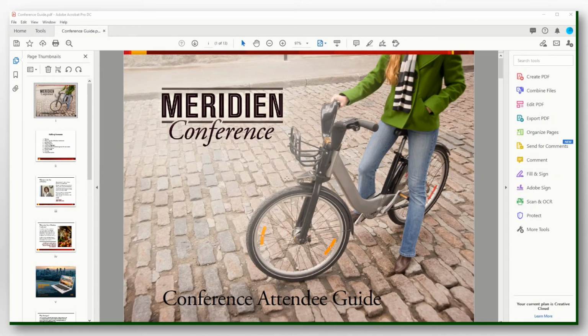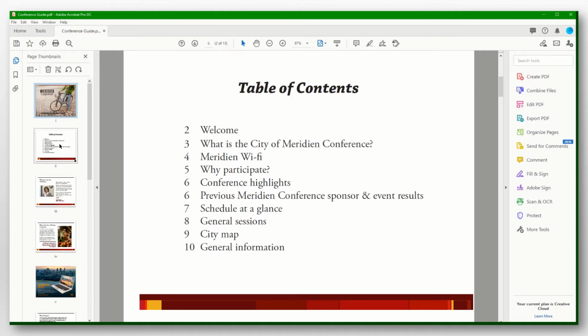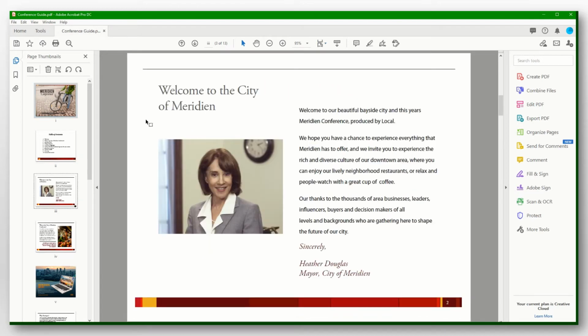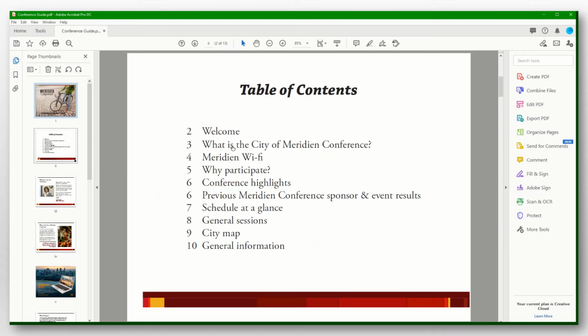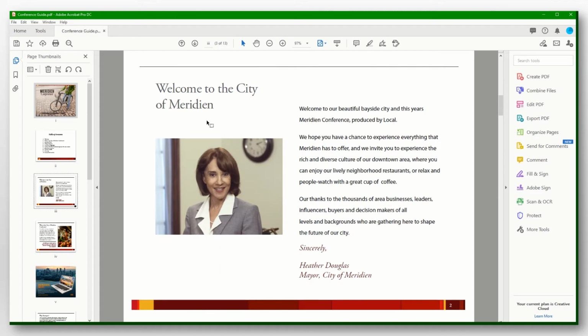The next thing we're going to do is be correcting some links on the table of contents. So on the main document, if you click the table of contents page, you can click each of these items here as the hand symbol comes up. That means there's a link. And notice the welcome is correct. But if we go to page 3, What is City, it actually welcomes, it's the welcome page, and it should be